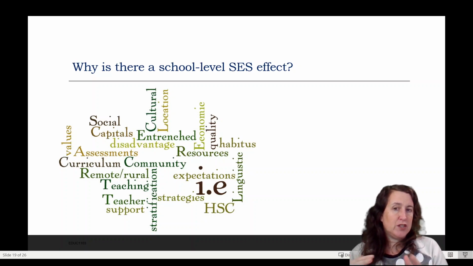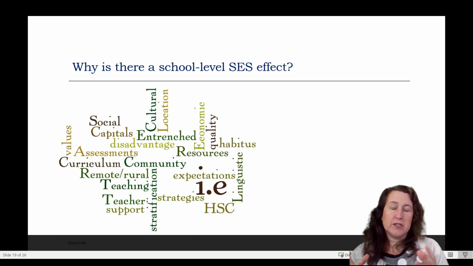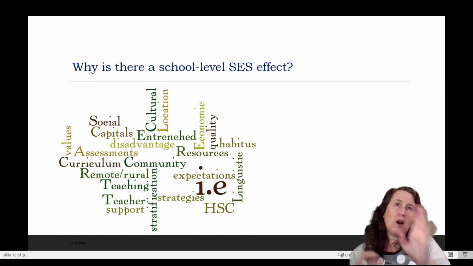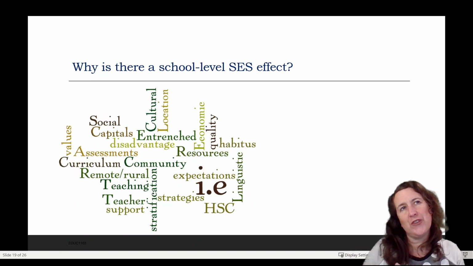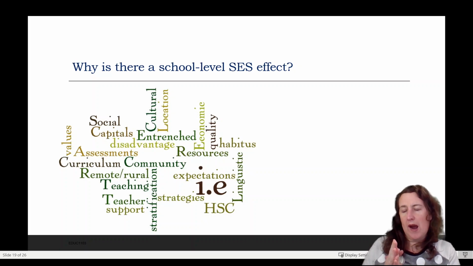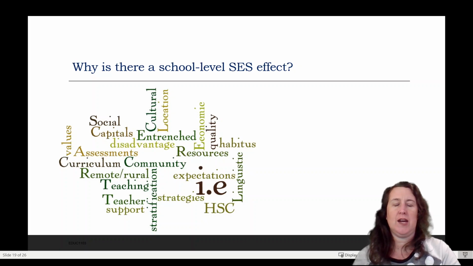What about the support that teachers have available to them, or the fact that we're stratifying our communities? What about social capital, which is something we'll explore in later weeks, and cultural capital, so the degree to which parents can help with student schooling and help with schools raise money and funds. So there's a whole host of sociological things we could explore that might go some way to explaining why we have this socioeconomic status gap when we look at educational attainment.